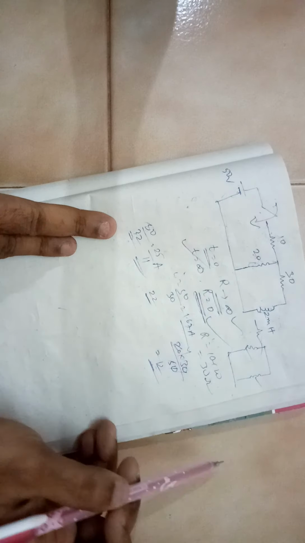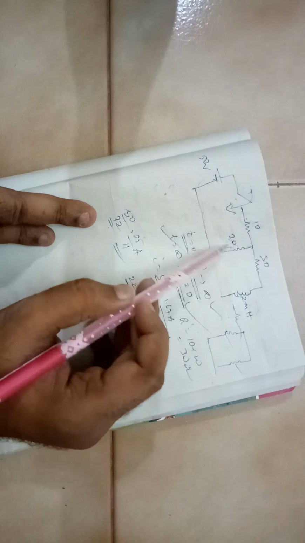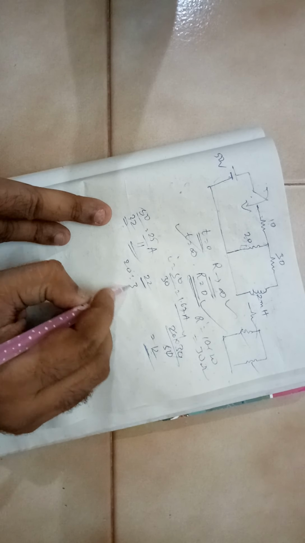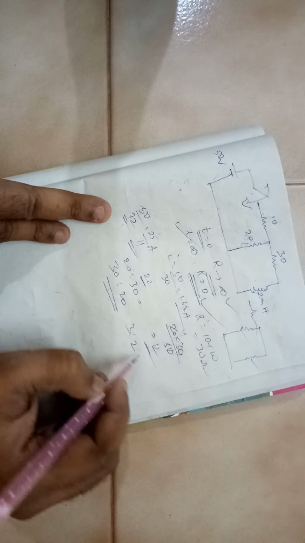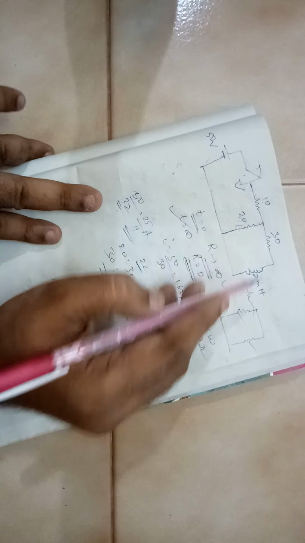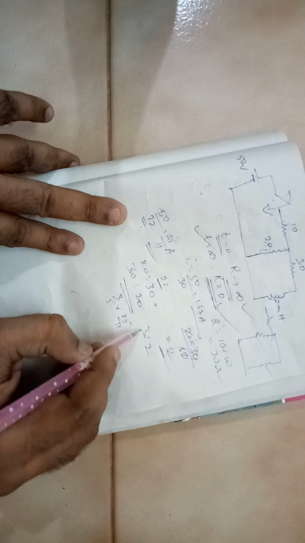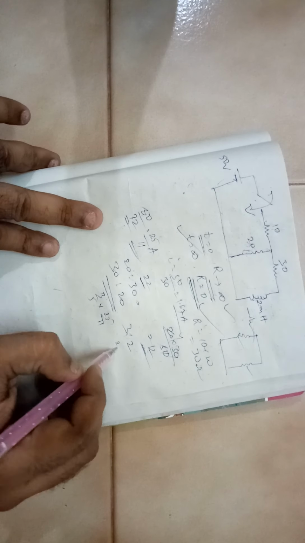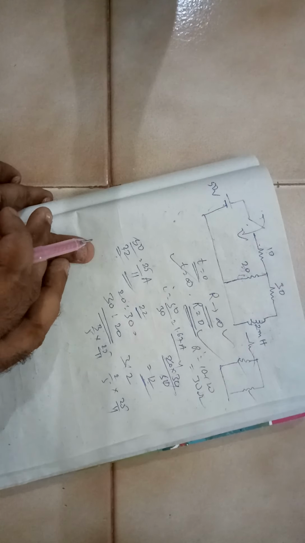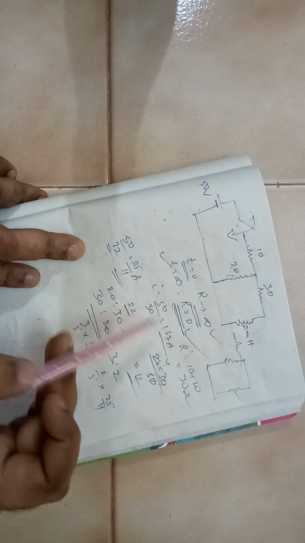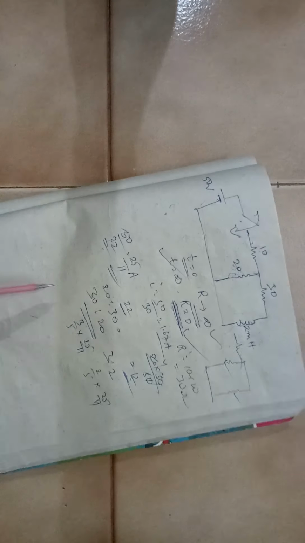Remember, these two are in parallel, so in inverse ratio that will be distributed. The ratio of the resistances is 20 is to 30. Because they are in parallel, the current ratio will be 30 is to 20 or 3 is to 2. That means in this wire it will be 3 by 5 of 25 by 11, and in this wire it will be 2 by 5 of 25 by 11, whatever may be the value. The condition we used is this: at t is equal to infinity, this behaves like a pure wire.